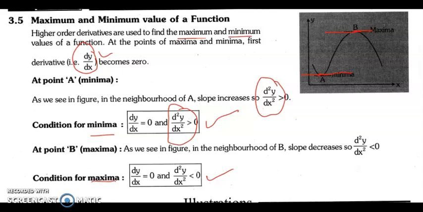If a few students don't get this concept, don't get confused. Again, I am repeating, we will not learn these concepts in detail. There are very few applications of this concept in physics, but the part you should remember is whenever we differentiate any function, dy by dx, we get either maxima or minima. We are not confirmed from the first derivative whether we have got the maxima point or the minima point. It is confirmed from the second derivative. If the second derivative comes out to be positive, this is the condition for minima, and if the second derivative comes out to be negative, this will be the condition for maxima.